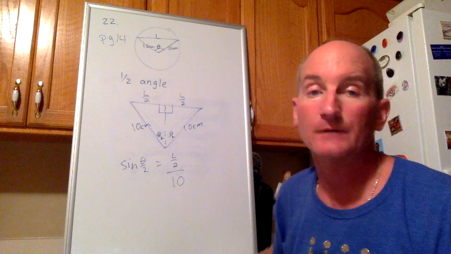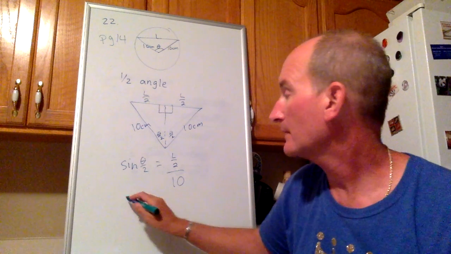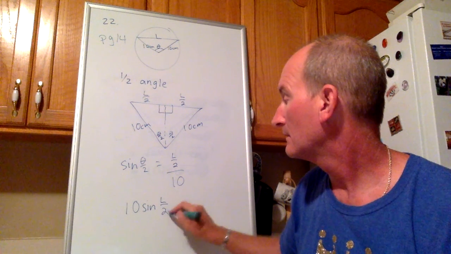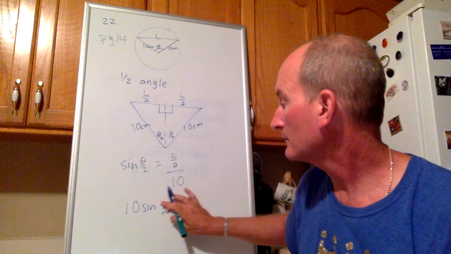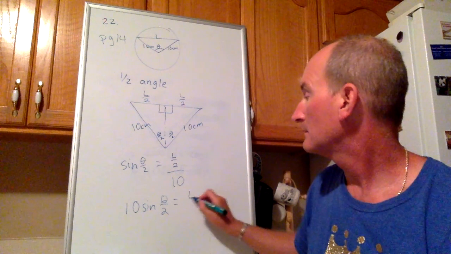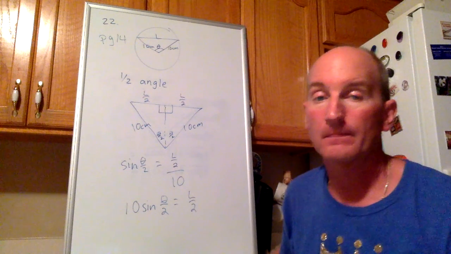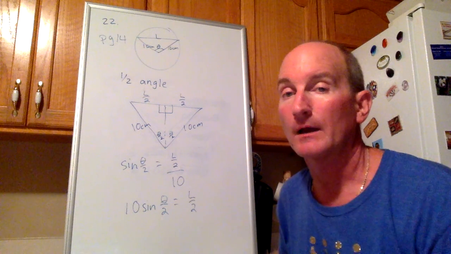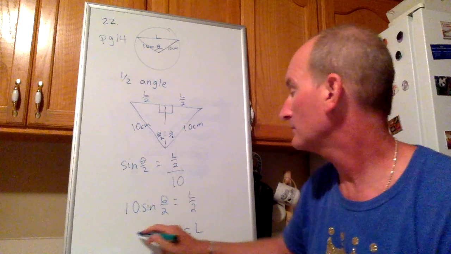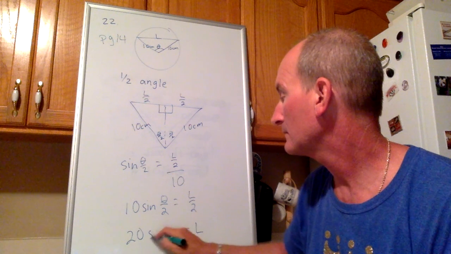Now we multiply both sides by 10, so we have 10 times sine of theta over 2 is equal to L over 2. Now multiply both sides by 2, so I get L is equal to 20 times the sine